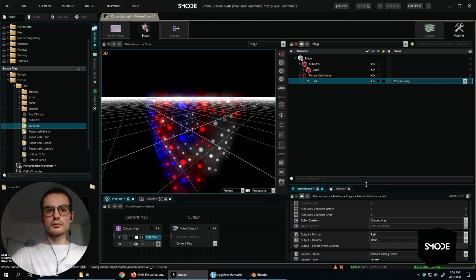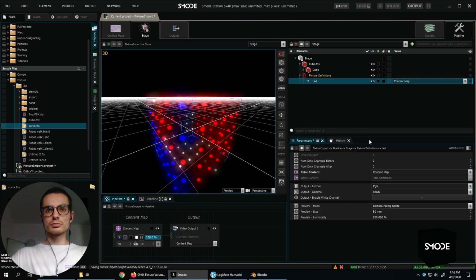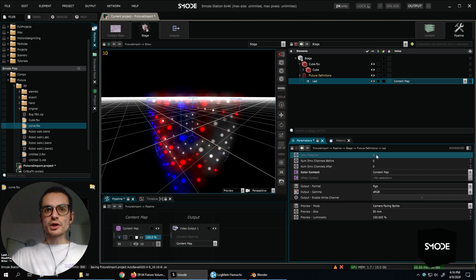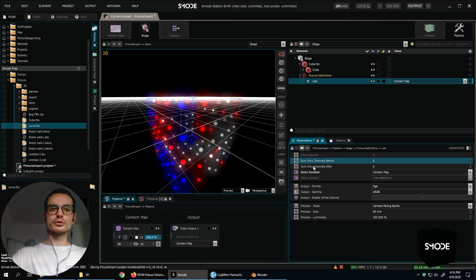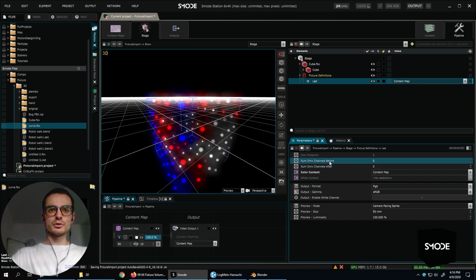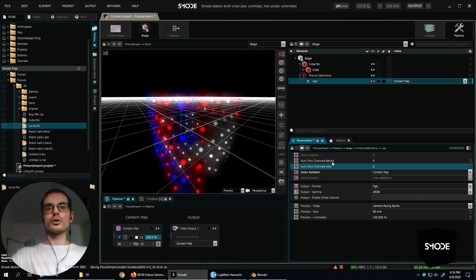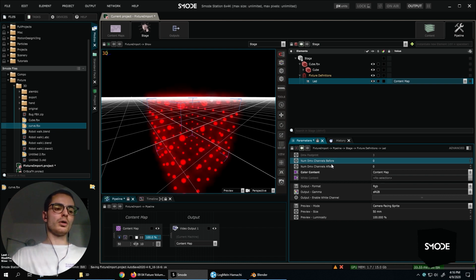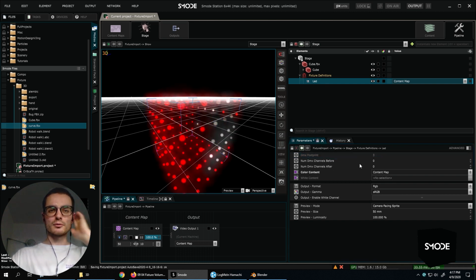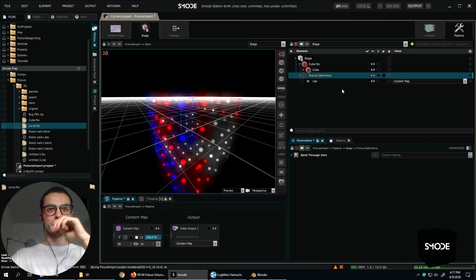So in the parameter we see the DMX footprint here, and we also see we can set a gap between each element. It would be useful to address some automatic fixture, light automatic fixture, but for LED it's always following. So these settings are good here.